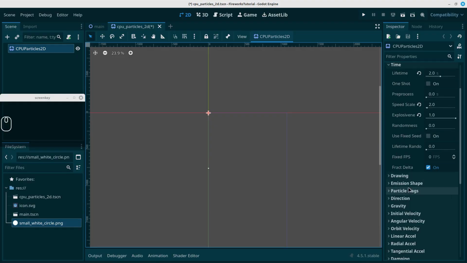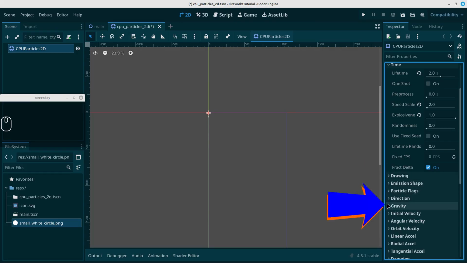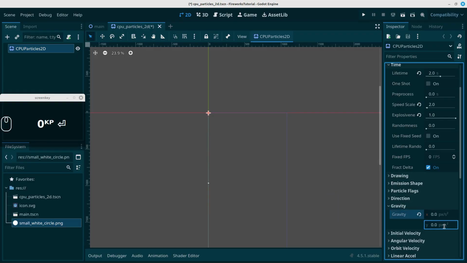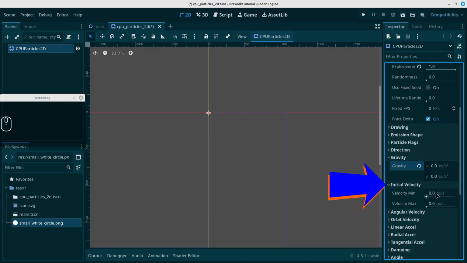Let's go down to the emission shape, make sure it's set at point, and that's fine. And let's go down and go into gravity, because I believe gravity is pulling the points down, and let's set gravity to 0, so everything is actually around this area here. And we're going to need to give it some initial velocity. Let's give it an initial velocity, let's say about 50,